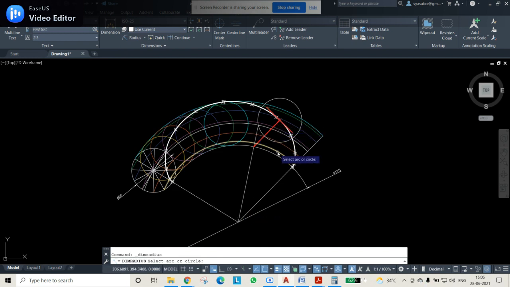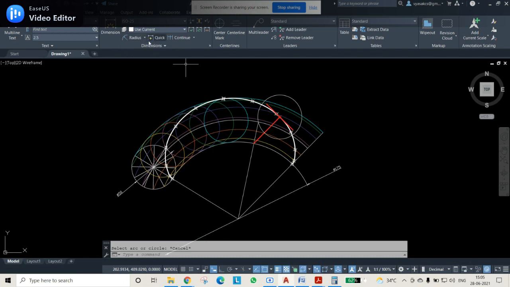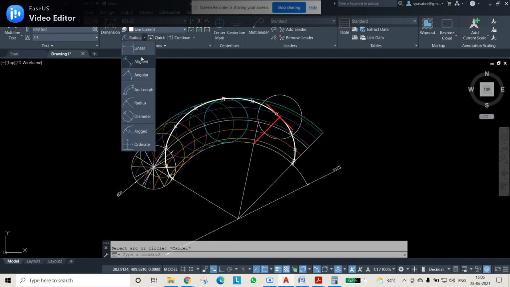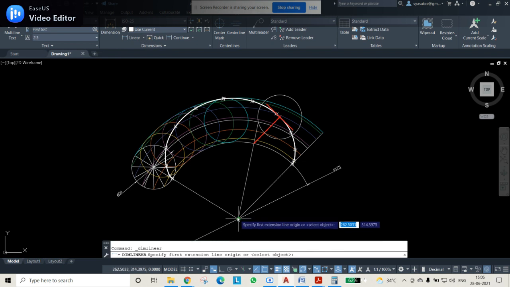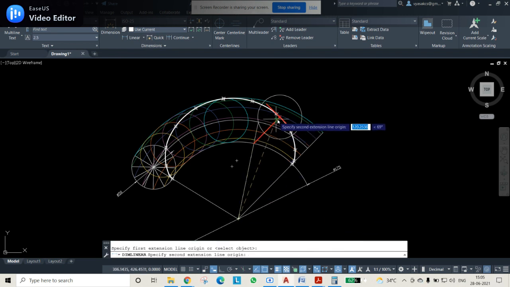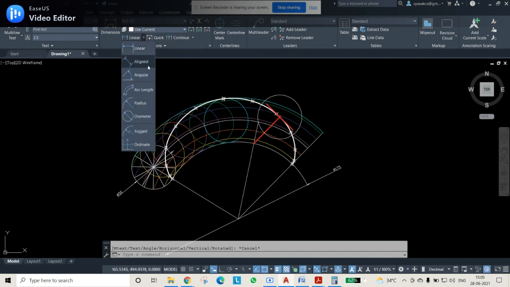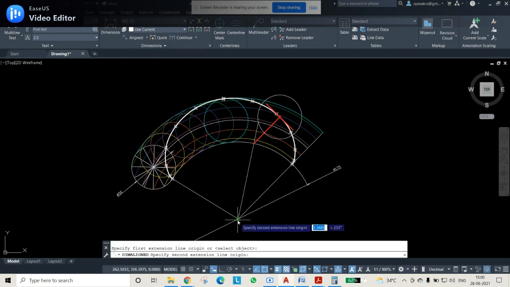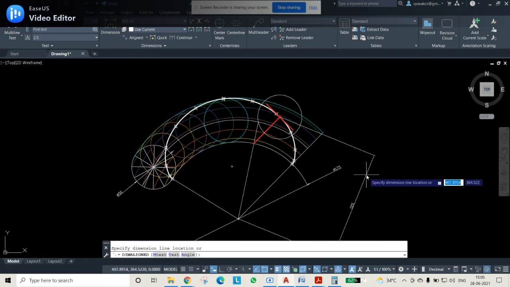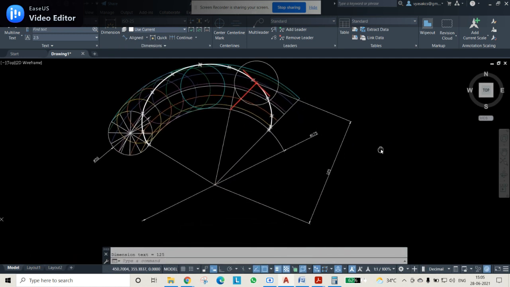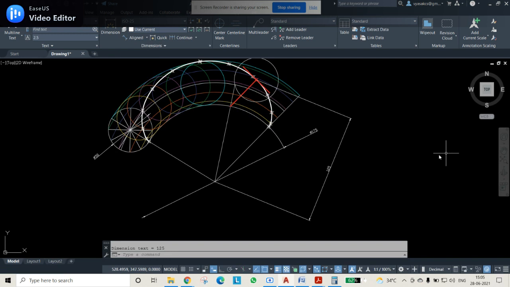It is 125 mm, right? So we can go for dimensions like that also. Linear dimension I am taking from there to here, not linear, aligned I should go. From the center point to this point, it is how much? 125. So if these three are shown perfectly, the diagram is finished.